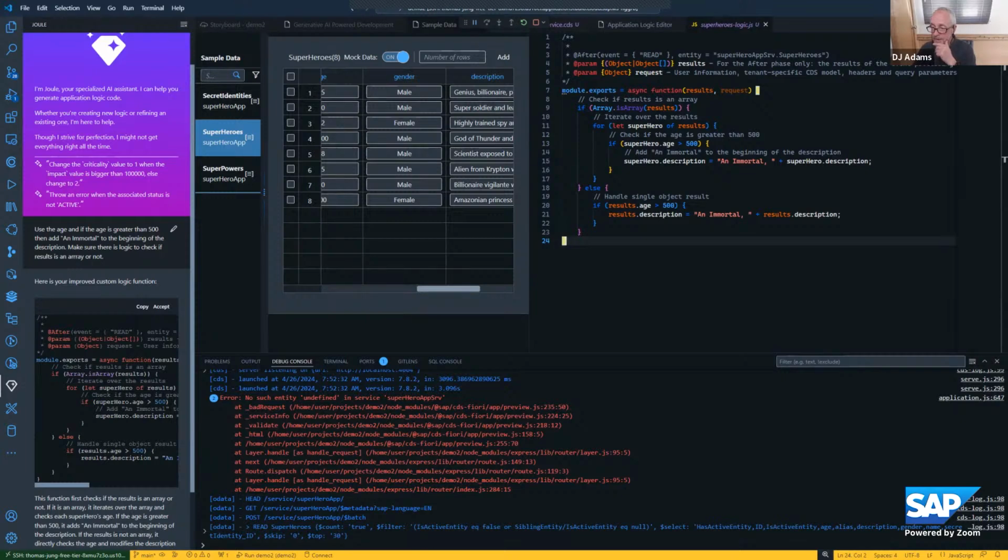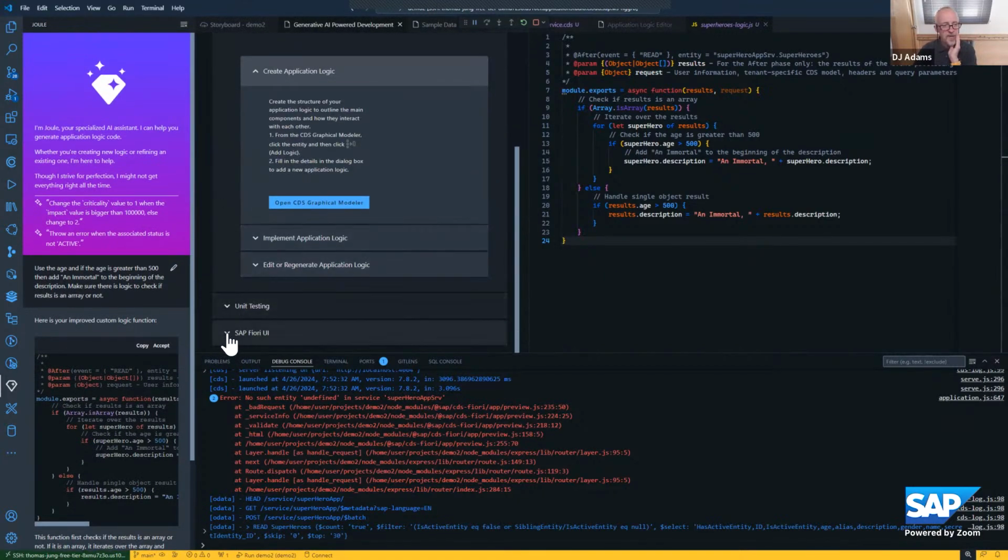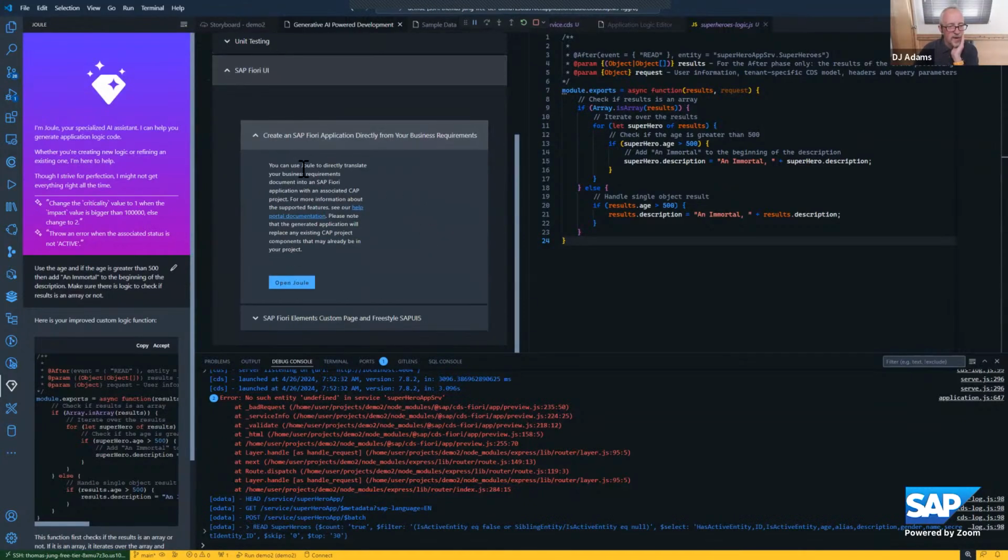We can also do it in ABAP. Can it also add or change annotations? I think it can do some work with annotations. I've not played around with that too much. I had a go, but this was last November. In the Fiori UI, we have some facilities here. You could use Joule to generate your Fiori application, give it specific requirements about things you wanted to do, like have an extra button that goes to this action, and it will generate the annotations or regenerate the annotations that are there.